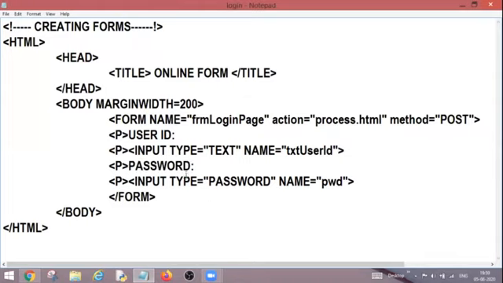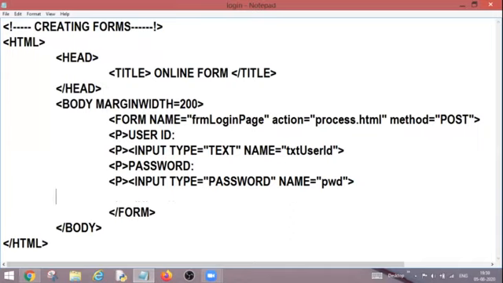Now one more important field is left, that is your submit button. I can enter my user ID, I can enter the password, but there is no submit button to submit it. So again, I'm going to create one P tag and then input type is equal to submit, because I need to submit all the values which are filled in my form. So the type should be submit, and we can omit the name over there, but in place of that we can write the value so that it will appear on my button.